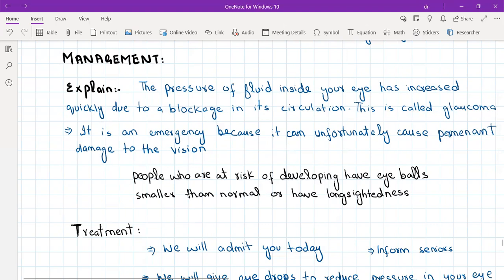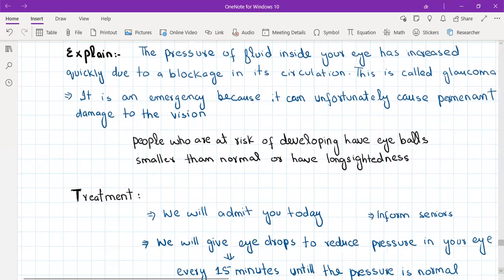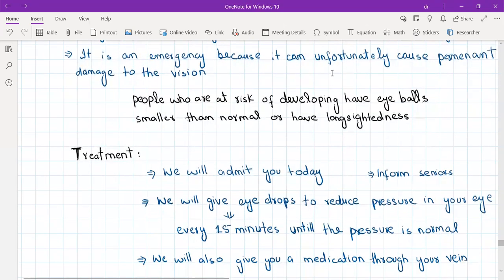So the patient asks why. You will tell them that people who develop glaucoma have some risk factors, like small eyeballs or long-sightedness. Okay. So whatever is the case, if the patient has a family history, so you can tell that some people